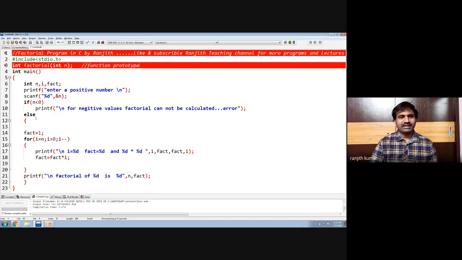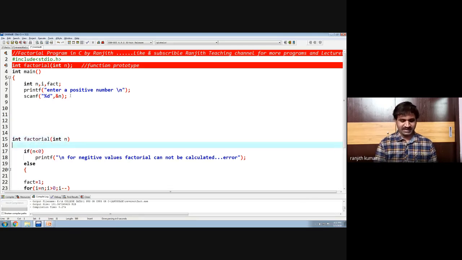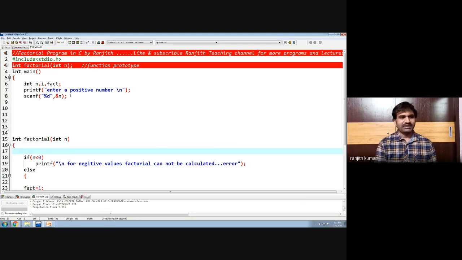Next, we need to write a function definition. What do you need to write? Not void; the return data type is int, the function name is factorial, and the parameter is n. Are we clear? And also you need to declare all the variables.